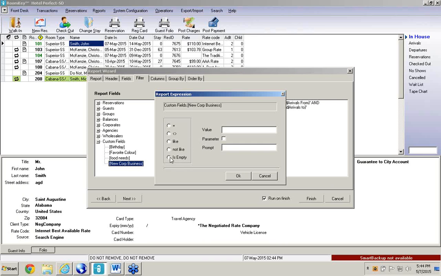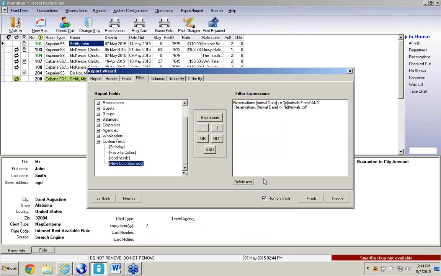And that way it's going to show me anybody that has a corporate name. And then I would probably, in my grouping, group it by corporate name so that I could see every single company that's come in and how many reservations they have generated per company. So that's how to create a report using